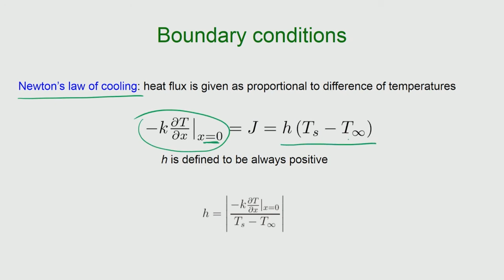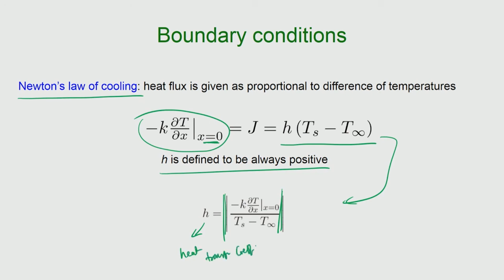So, difference of temperatures into h. And we also need to remember that h is always defined to be positive, which means that from this expression you can immediately see that h is defined with an absolute magnitude of this particular quantity, that is flux. You take it, whether it is positive or negative, whether it is going towards the left side or right side, take the magnitude, divide with the temperature difference, and that will be giving you the heat transfer coefficient. So, H is what we now define as heat transfer coefficient,